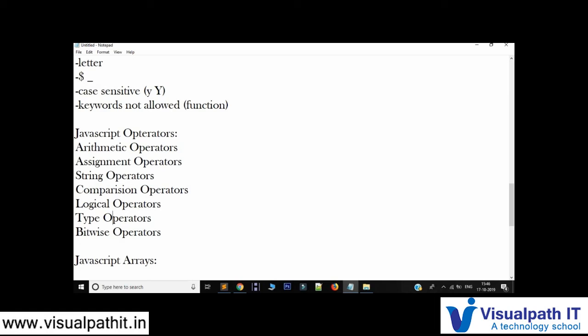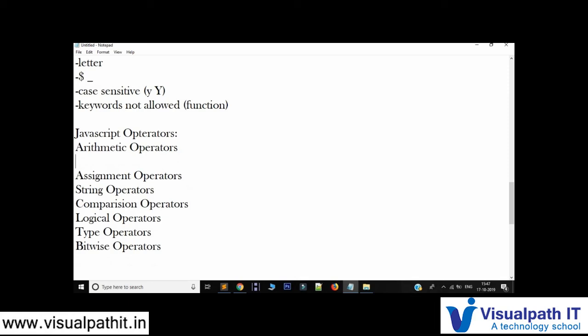First we'll see what the arithmetic operators are, meaning what different types of operators there are inside this. The arithmetic operators are the plus sign, that is addition, then the minus sign, that's subtraction, then the multiplication, that is star, and the next one is double star, that is exponential. The next one is the slash or division, and the next one is the percent, that is the modulus sign.